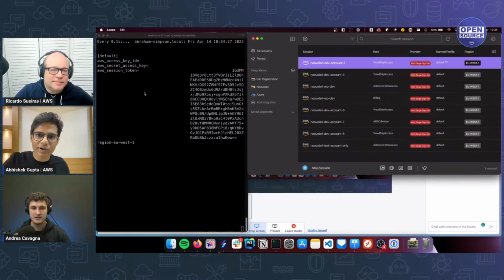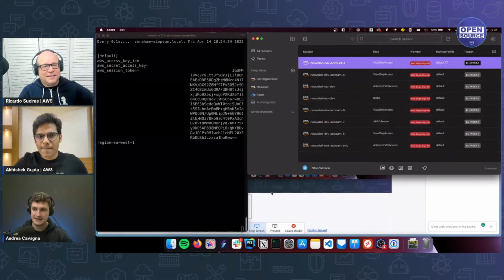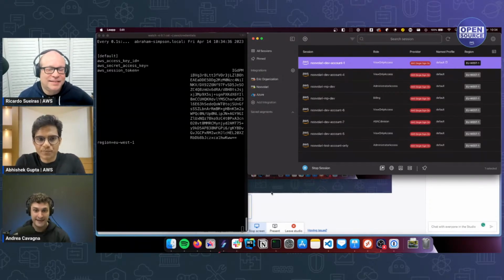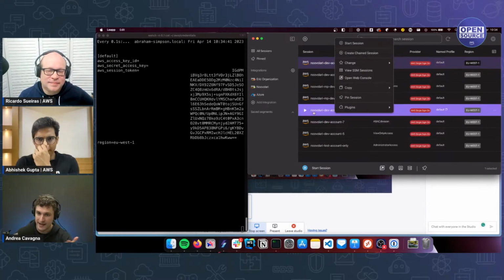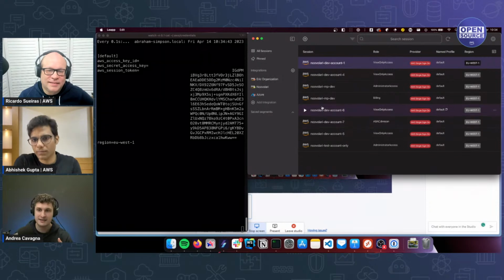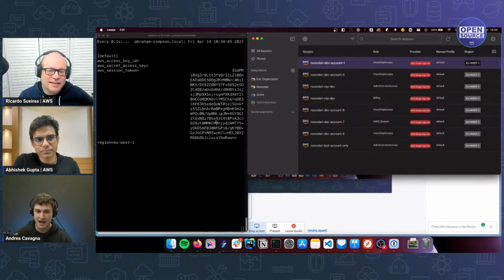And every 20 minutes it overwrites the credential files every time you choose a new account. Is that right? It's rewritten by the app, and you can have multiple profiles active at the same time, and the app automatically rotates those credentials every 20 minutes, but the credential lasts from 1 hour to 2 weeks based on the settings of your AWS environment.